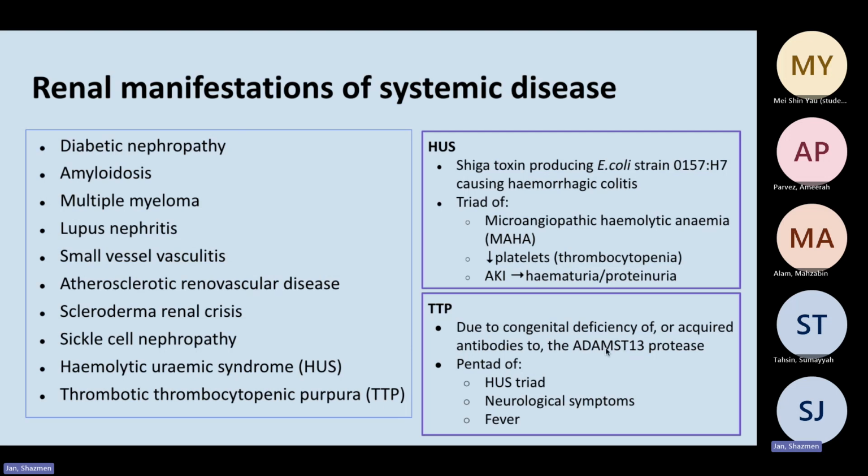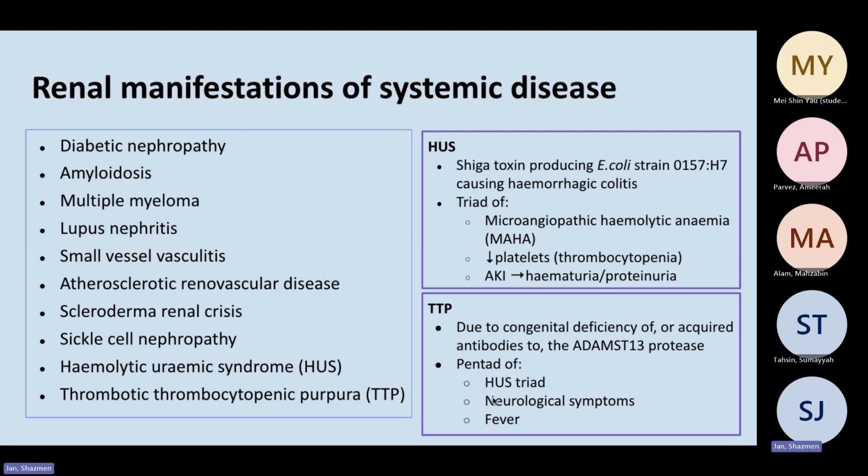So the function of this protein is that there's something called von Willebrand factor, which is basically involved in platelet aggregation, and the ADAMTS13 protein cleaves off this von Willebrand factor to make sure that too many clots don't form, and it's characterized by a